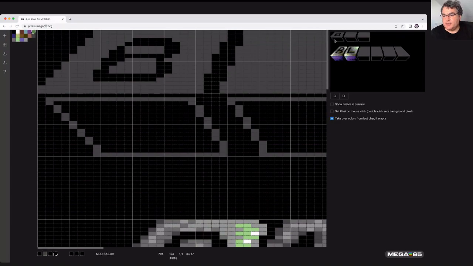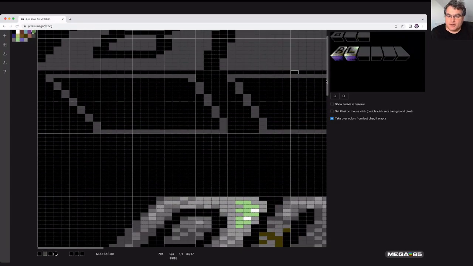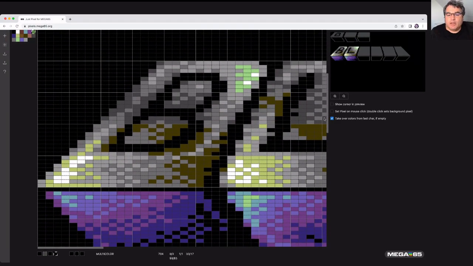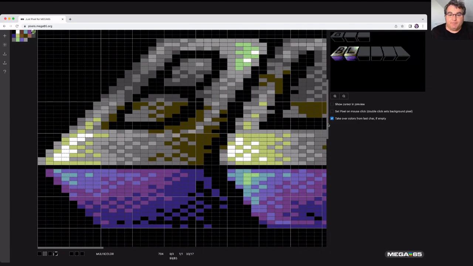And here it is. You see, this is the Blocks logo from my game Blocks. And what I want to show you now is the copy functionality of Just Pixel. So in order to copy parts of the bitmap, you can move the cursor to the starting point, and then you press the M key for mark. So this brings a little marker here for the starting point,